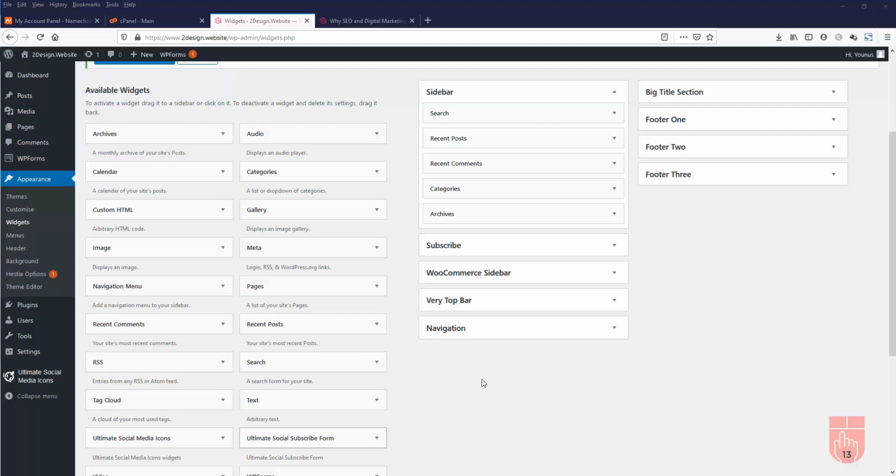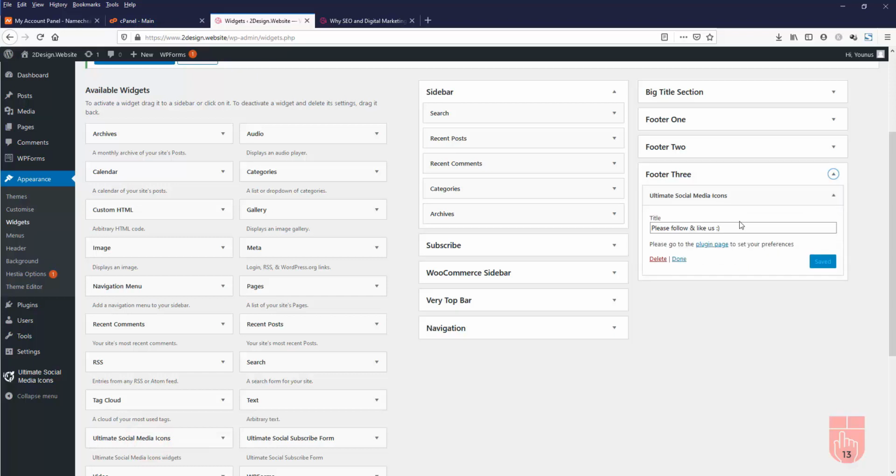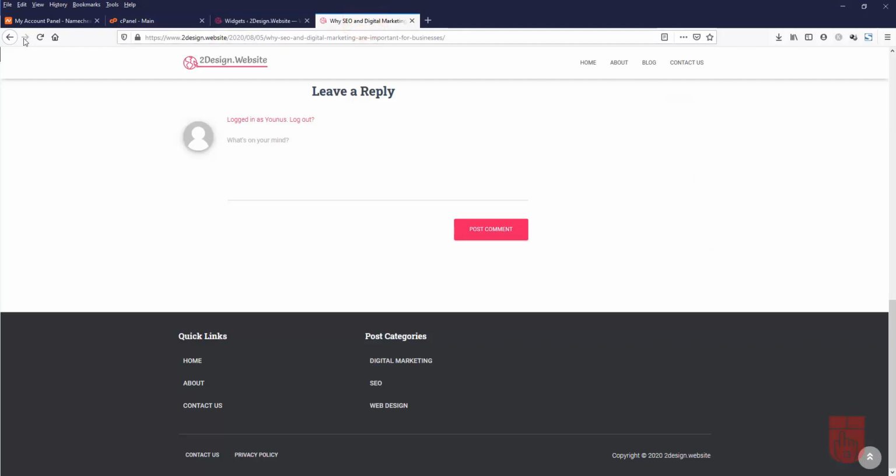So drag and drop this on the footer 3 section, and then if you want, you can change the title. If you click save, now open the front view of the page and then click refresh or reload button,